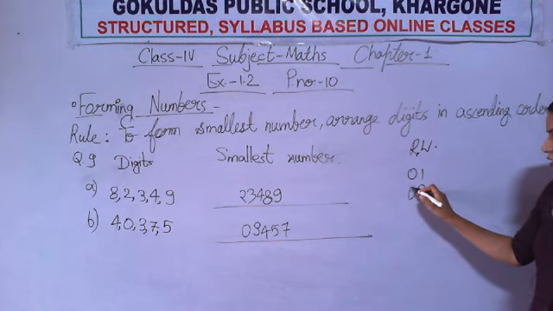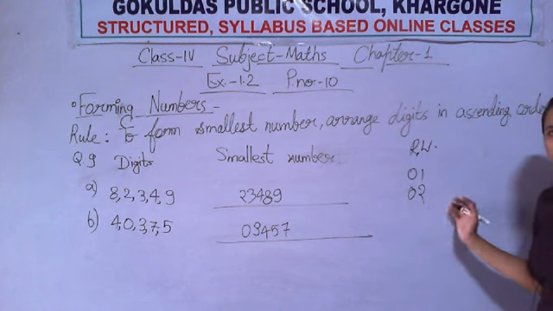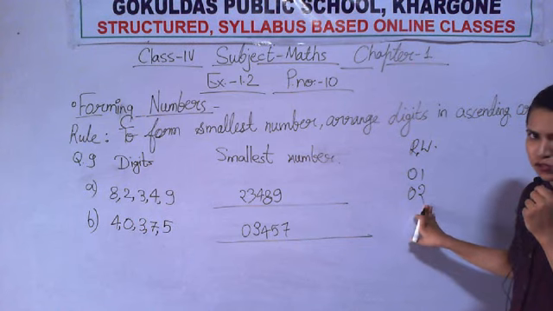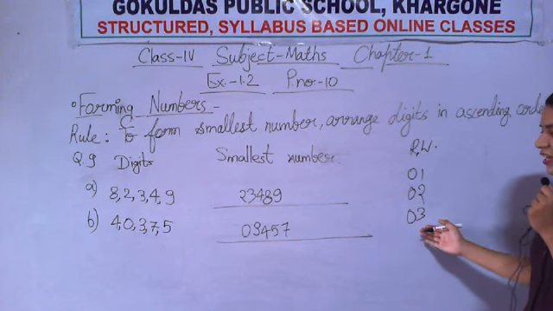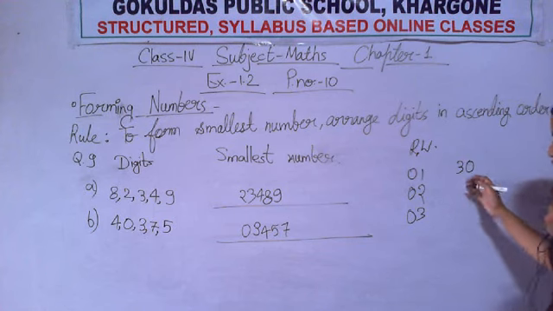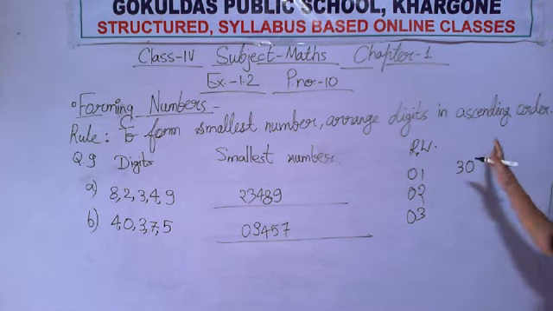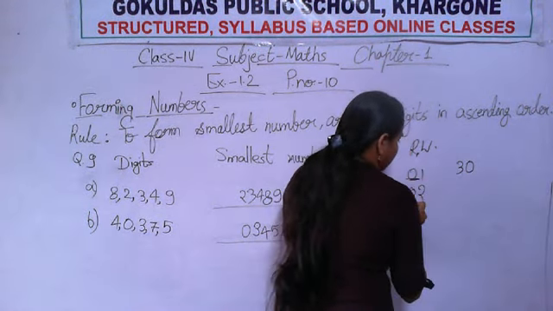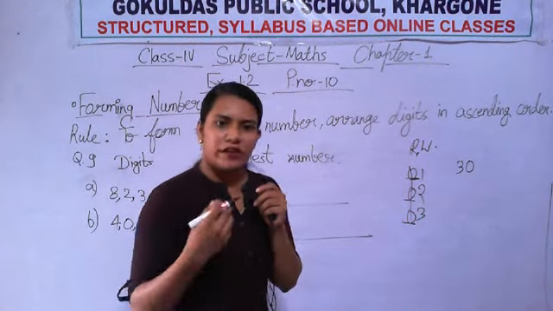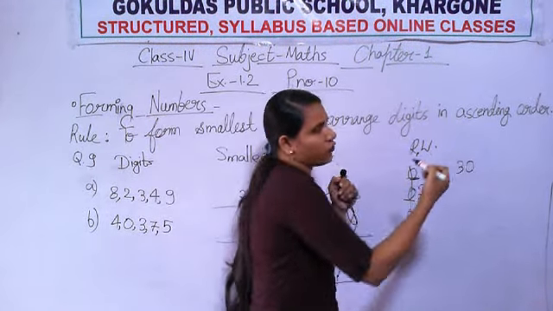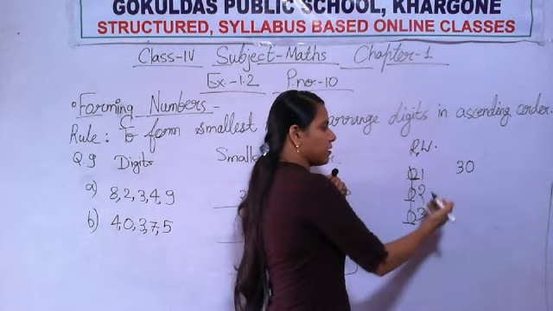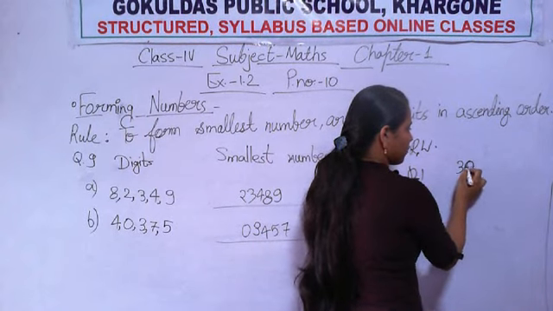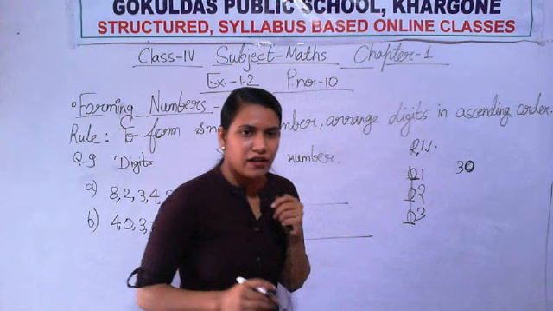If I write 0, 2, you will read it as 2. Right? You will do this, won't you? You will read it as 2. If I write 0, 3, you will read it as 3. But if I write 3, 0, you will read it as 30. Means when 0 was at the leftmost side of the number, you ignored it. You did not read it. You did not read it as 0, 1, 0, 2, 0, 3. No, you are reading simply as 1, 2, 3. But when the place value of 0 changes, you start counting it.